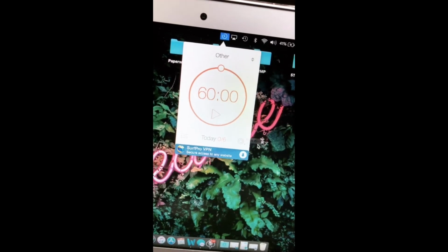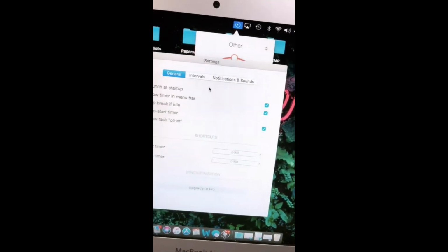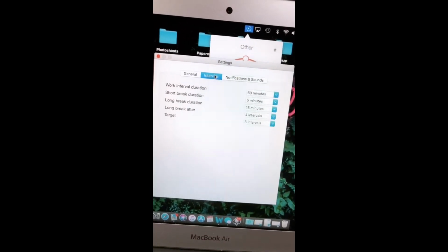We're not robots. I can't study for 10 hours straight. It's absolutely impossible. So I use this technique called Pomodoro, which basically means you're on for a certain amount of time and then off for a certain amount of time. I use this app called Be Focused, and what this lets you do is set your work